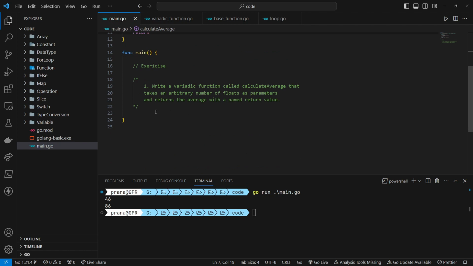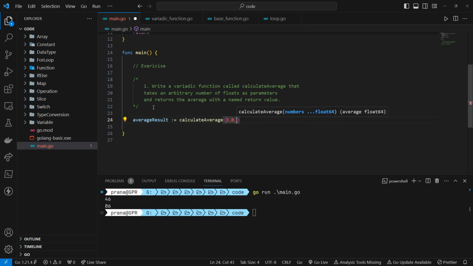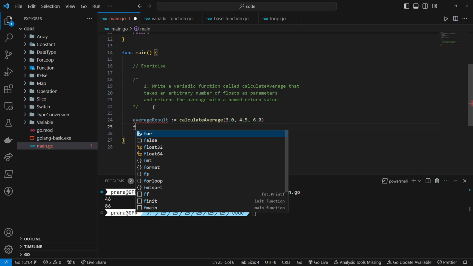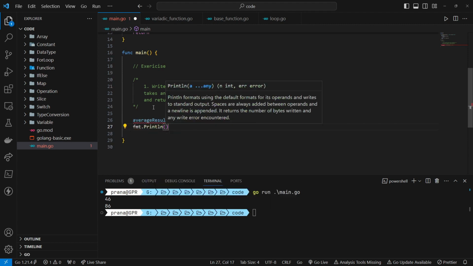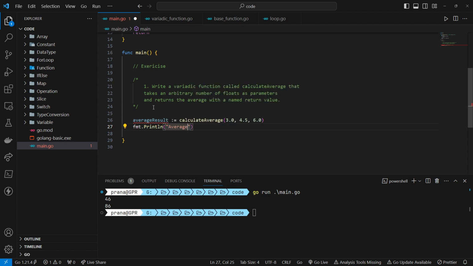Next, in the main function, we test the calculateAverage function by creating a variable named averageResult and assigning it the result of calling the variadic function with inputs 3, 4.5, and 6. The calculated average is then printed. Now it's time for us to print to see